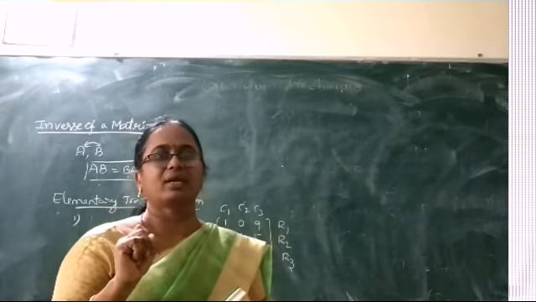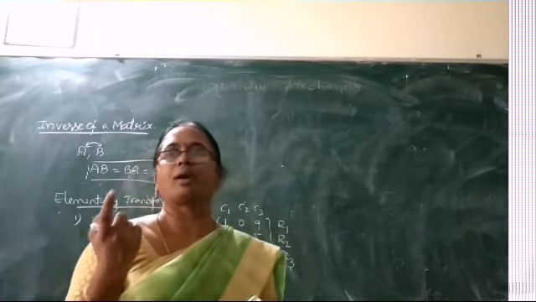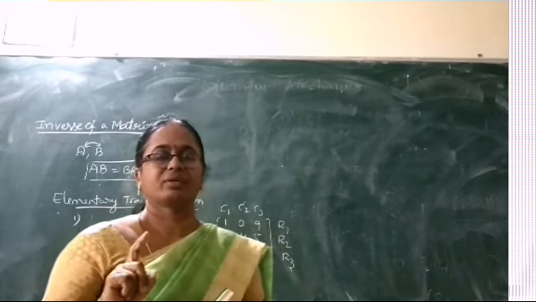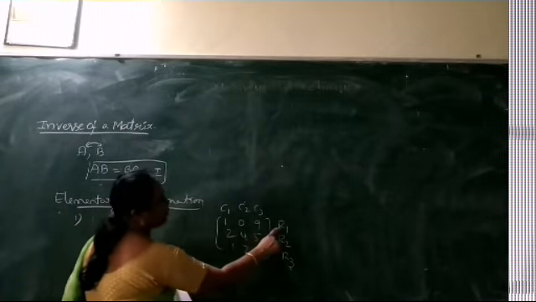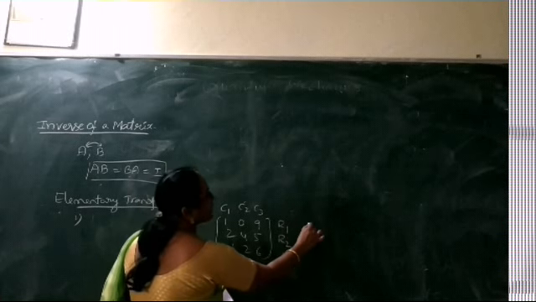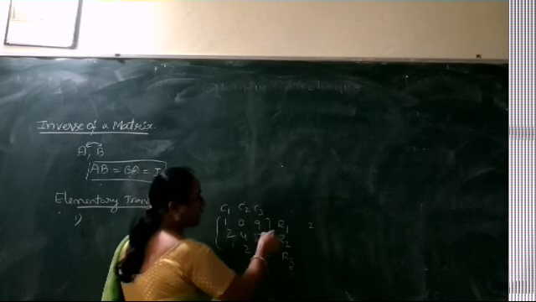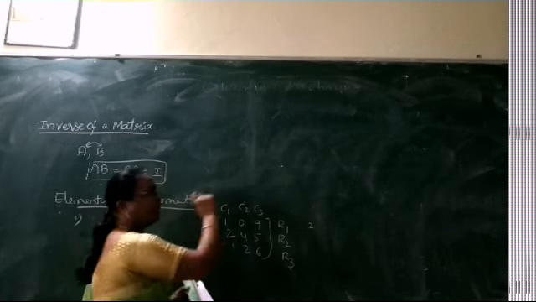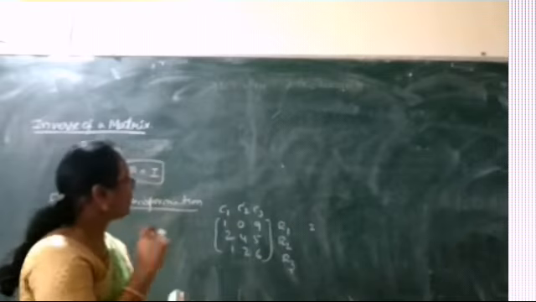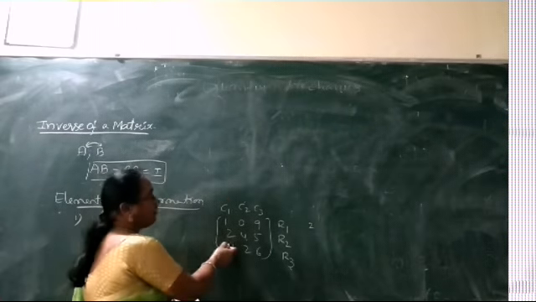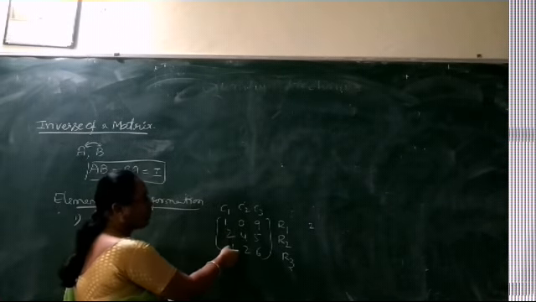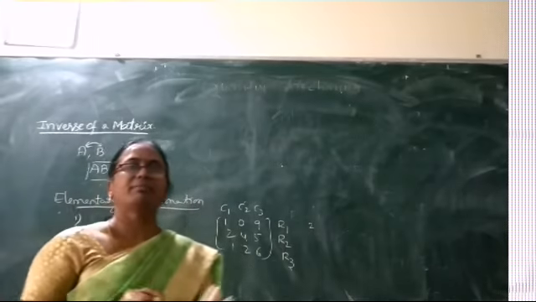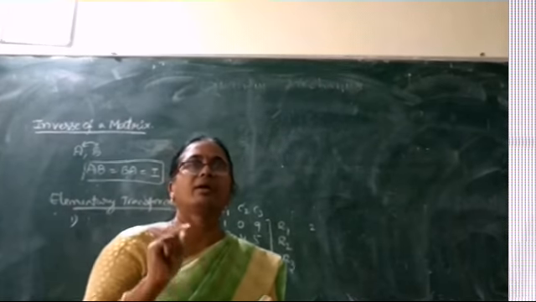And the second one is multiplication of a row or column by a non-zero scalar, means a constant. Suppose we select the row 1 and we choose a non-zero scalar, some value 2. We can multiply with 2 each element of this row 1 and can again place in the same row. Or otherwise we can also choose a column. We may multiply each element of the column with a non-zero constant and then again place in the same column. That is the meaning of the second elementary transformation.